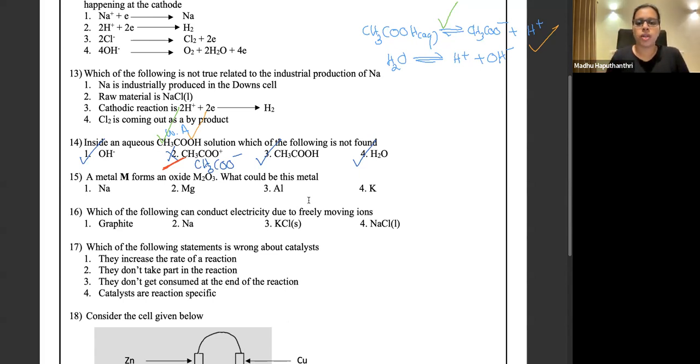You want me to explain the dissociation of a strong acid, right? So if you take HCl, HCl is a strong acid. Because HCl is an acid, it releases H+. Strong means it's completely dissociated. Acid means H+ ions are coming. Strong acid means it's a complete dissociation. That is the difference between weak and strong.